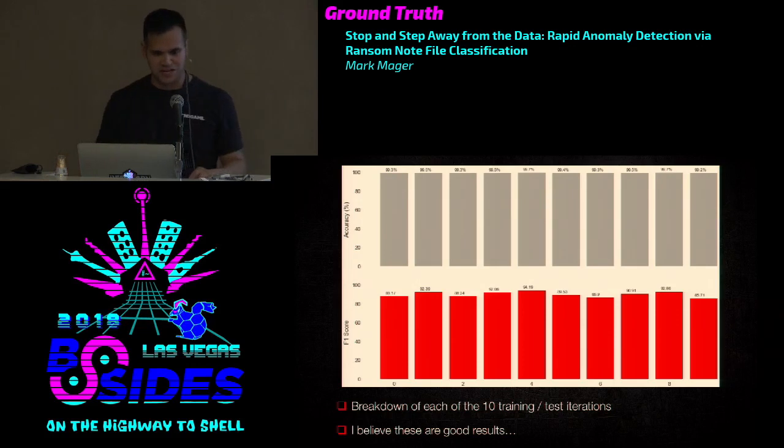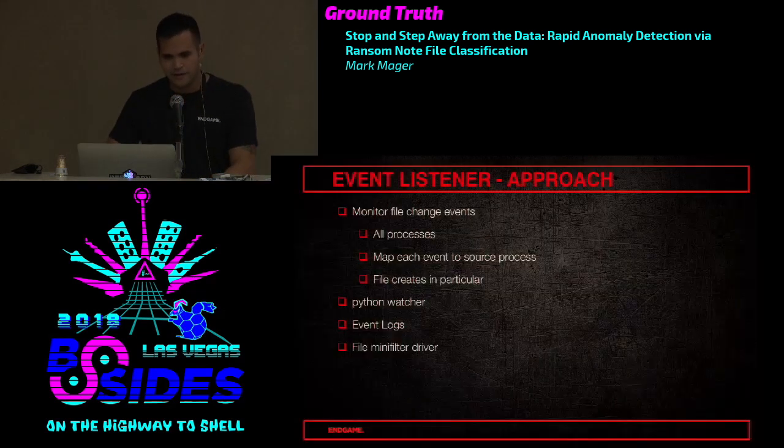Here's a graphical representation of the scores that I just showed. Some fluctuation in the F1 score, but they generally at least stay above 85 or so. Accuracy stays extremely high, above like 99.3% on average. As again I said, I'm not a data scientist, but I believe these are good results.